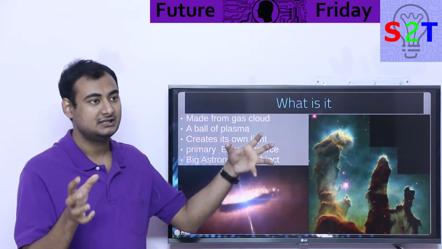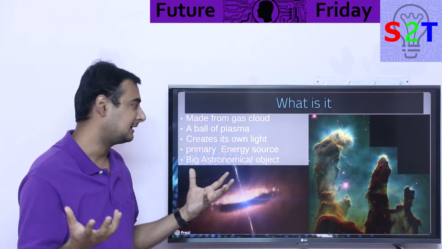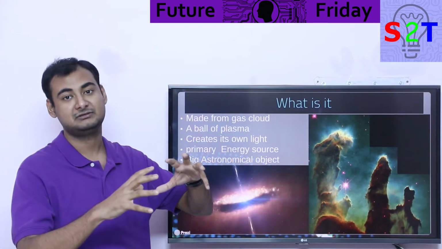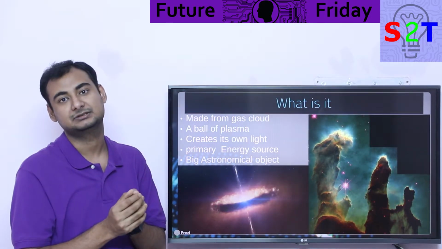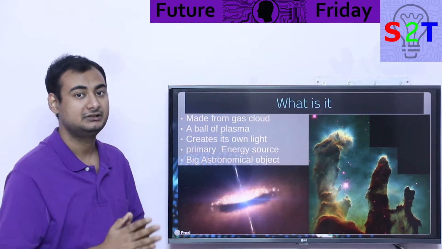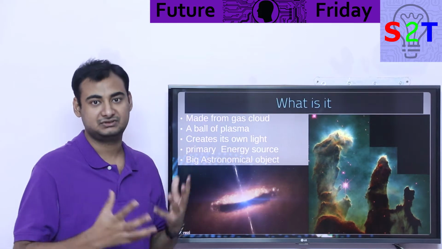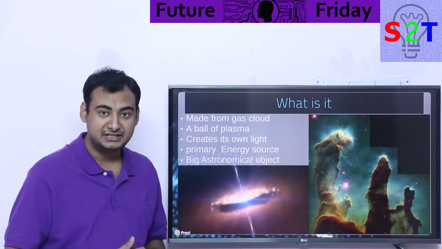Basically it will try to equalize and end up collapsing into each other, and over time you will have a ball of plasma, and that plasma would be powered by fusion, because enough of the material falls into the central point, the central location. Basically the core of that collapsed ball will have enough high temperature and enough pressure to ignite fusion, and it creates its own light. Most of the light you see in the night sky generally comes from this process itself, and this is the primary energy source.